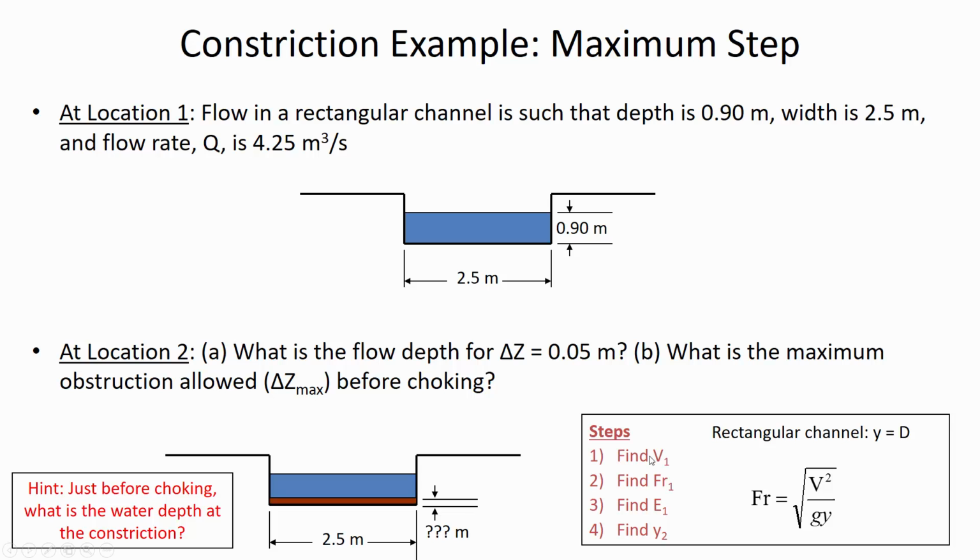All right, so I'd like you to give that a shot. Try and find out what will be the new flow depth at the downstream location when you've got a step of 0.05 meters. And then for part B, what you're going to do,